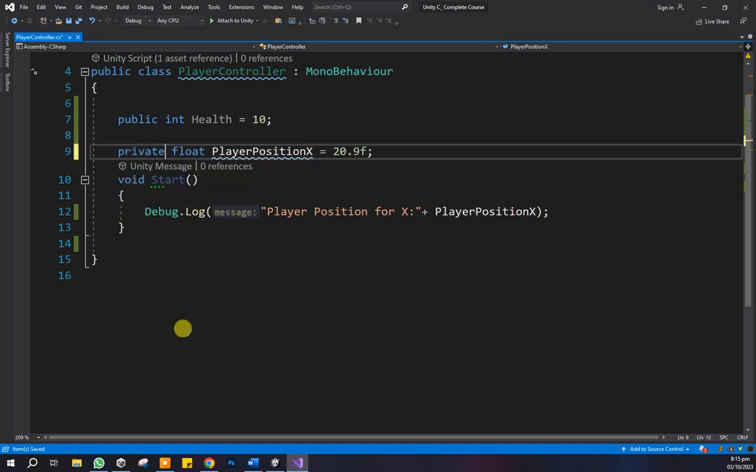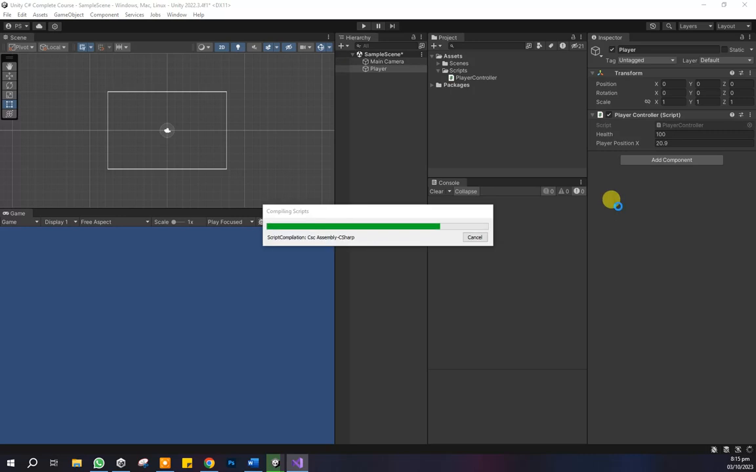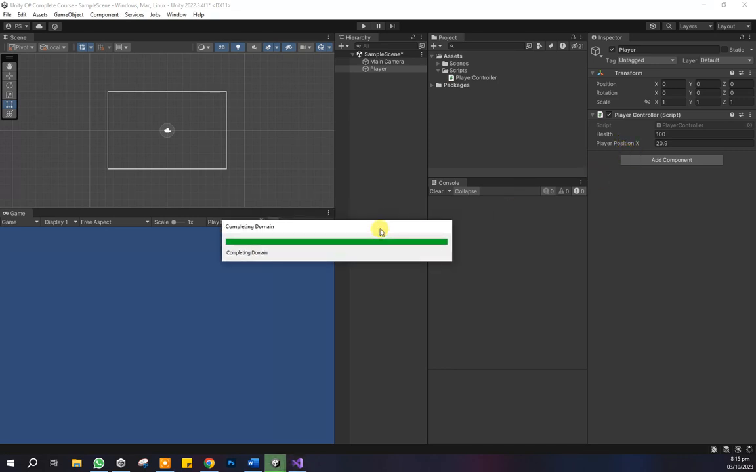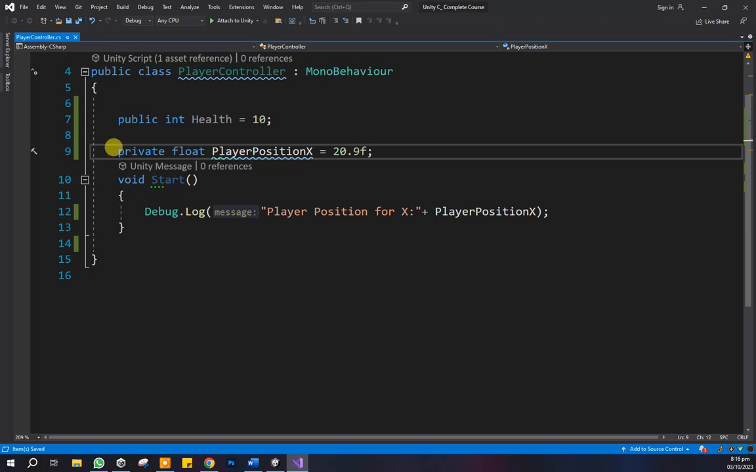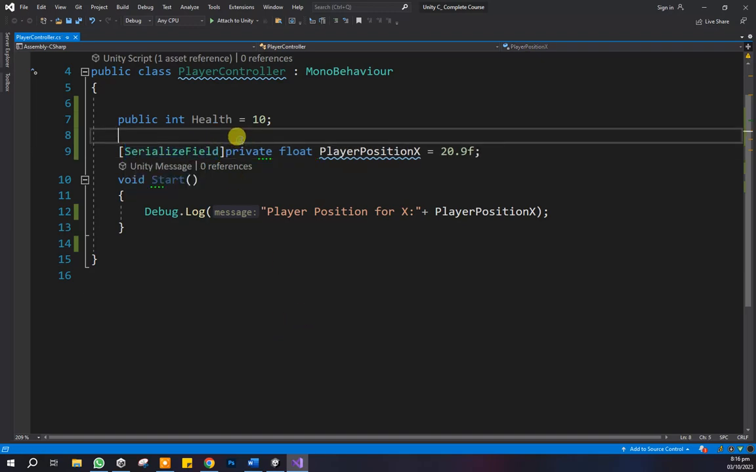then we cannot just modify its value in the inspector. You will see here we will not see that player position x. So see here we don't have the value for that. So if you want to keep the field private, just a private variable, and you just want to see it in the inspector also, then we will just write serialize field. If we just type serialize field before this, then we can see it again in Unity,